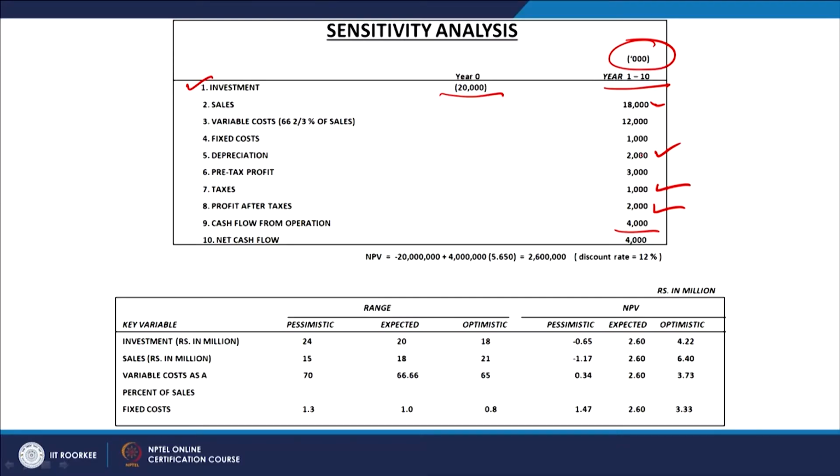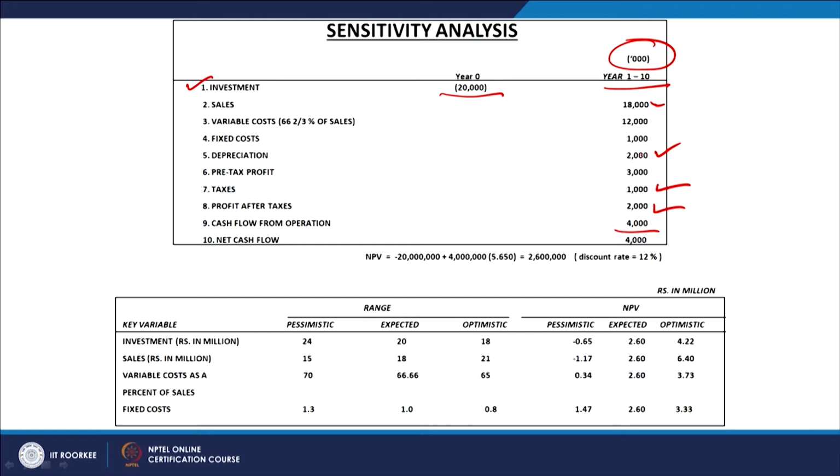So, we are going to depreciate this investment over a period of 10 years, and at the end of the 10 years, the entire structure will have zero salvage value. So, we are calculating the depreciation here as per the SLM method. If you look at all these estimates, all these figures, then you can say that